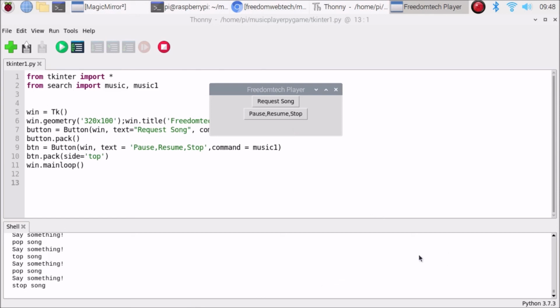Again, if you want to request a new song, simply click on request song and mention the name, and that song will be played. Remember one thing, as I told you friends, sometimes it takes a wrong command, because the speech recognition program is basically the Google speech recognition program, which is an online program. So sometimes it takes a wrong command, but it works 99% perfectly. Okay, so this is how this Python music player program works.